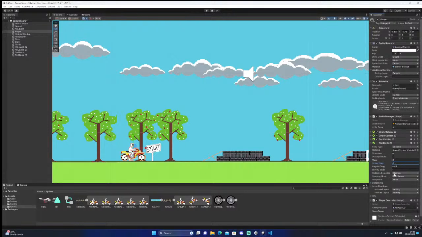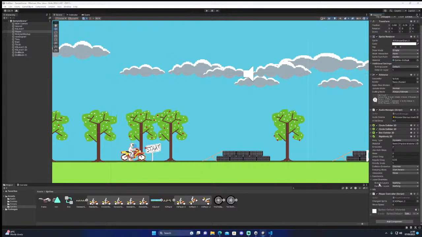No. Angular drag. Collision to actually constraints. Fine. Layer override.